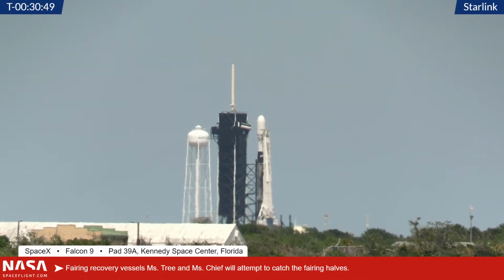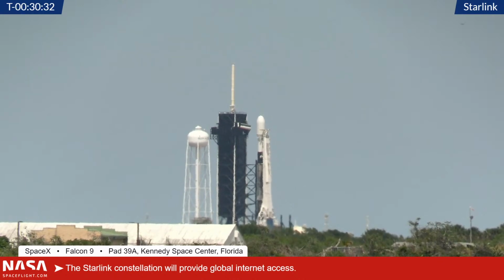Oh, we have the answer. So there are 2 active Block 5 Falcon 9 single sticks, plus the 2 Falcon Heavy side cores, which are essentially Falcon 9s that they just have to stick the...